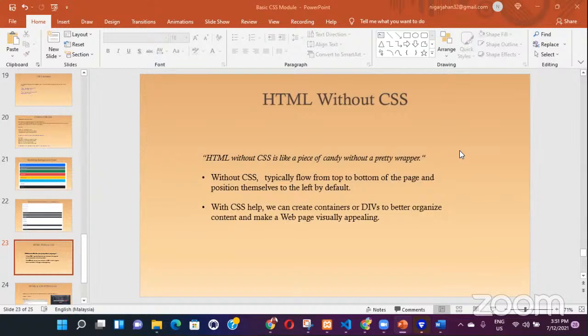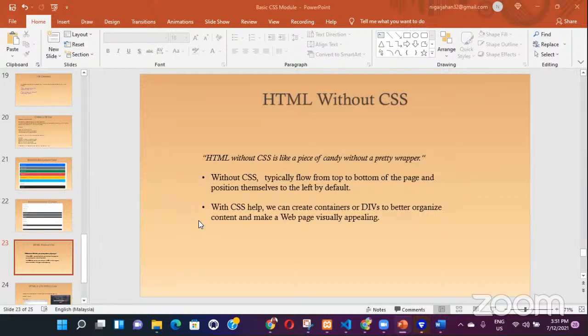HTML without CSS is like a piece of candy without a pretty wrapper. Basically, without CSS, elements typically flow from top to bottom of the page and position themselves to the left by default. With CSS's help, we can create containers or divs to better organize content